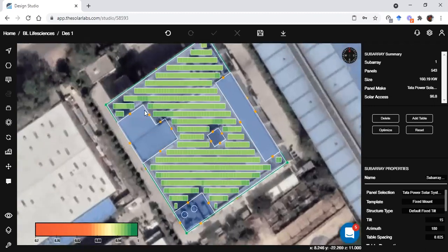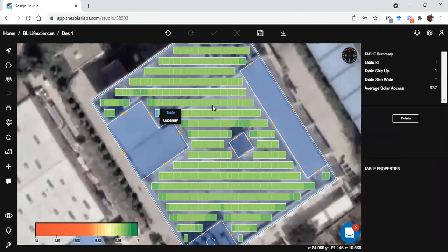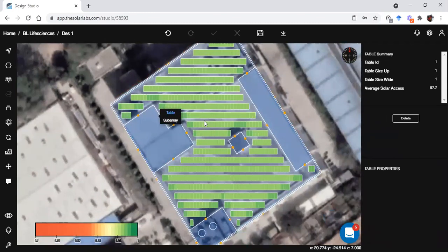Now we can see that prior to this, these panels were coming in at 99, but now they are 97 because the tilt is lowered. So like this, you can optimize your array to a good size where you can check the size now.